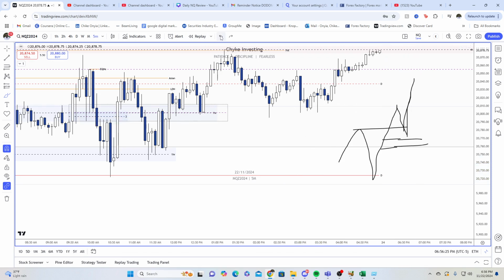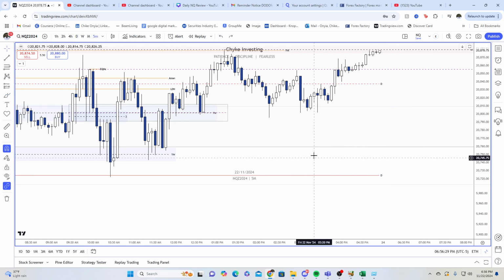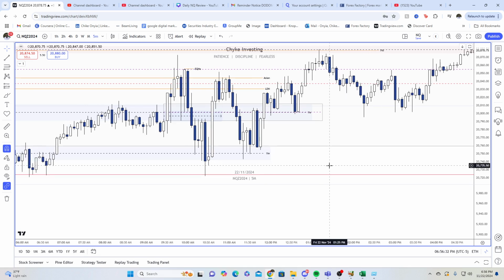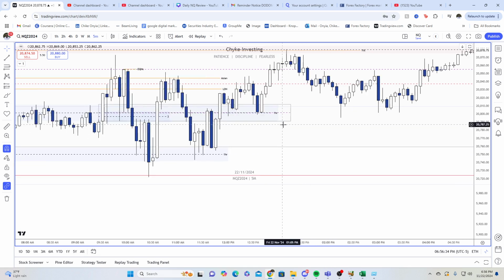Now, the 22 model, if that was really fast, I have a video at the end of this video that goes over this very slowly and in depth, but I'll show you guys some examples. So look at this low right here.